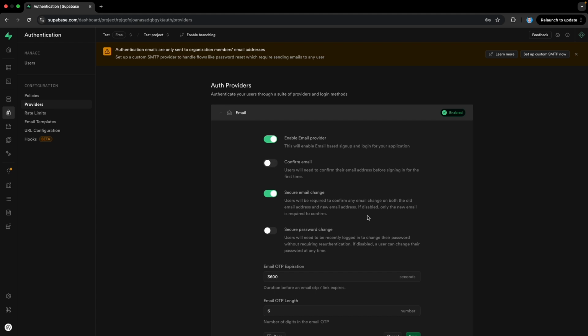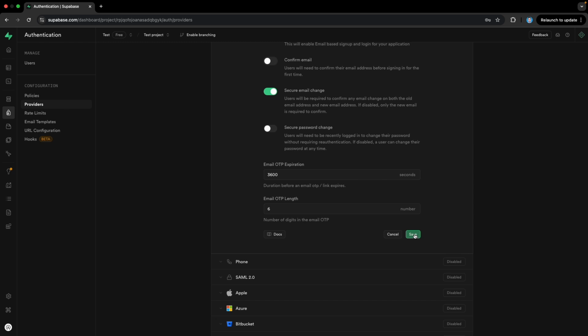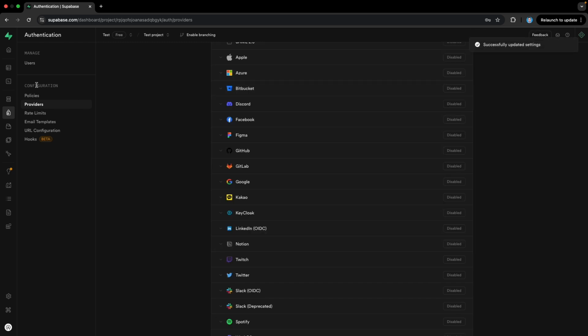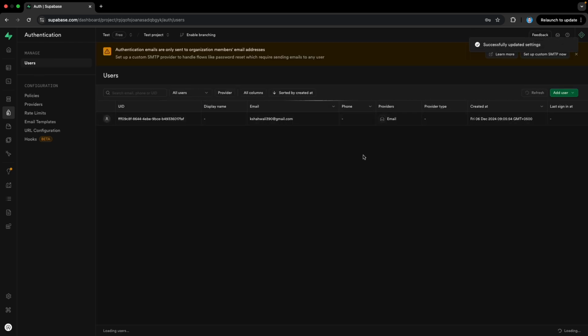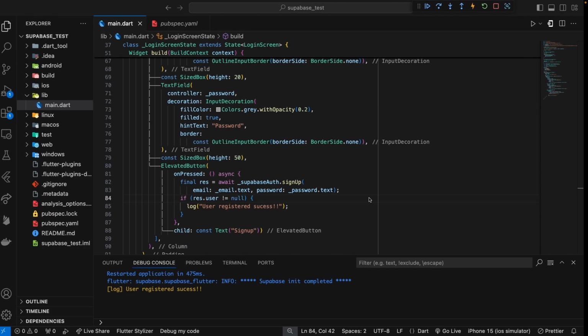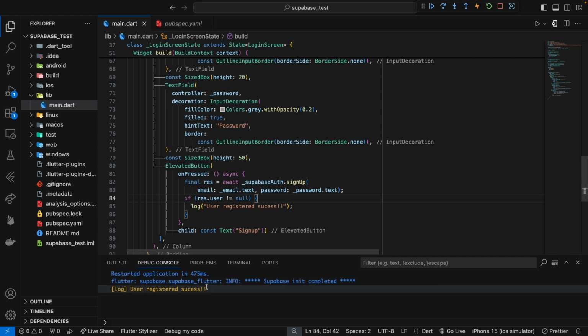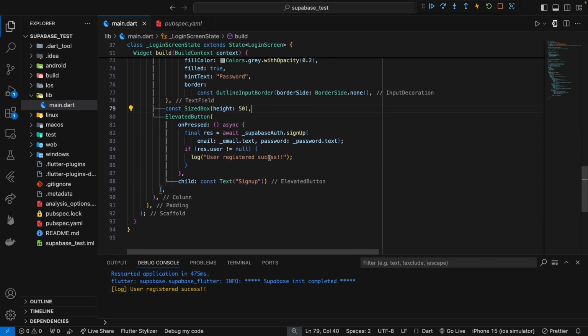So you won't be confirming the email if you tap on save. So now if you register users, email won't be sent to them. So we have covered the email verification part as well, but now we will be registering users without confirmation email. So here now if we come to our app, we have successfully registered our user, and we will be also